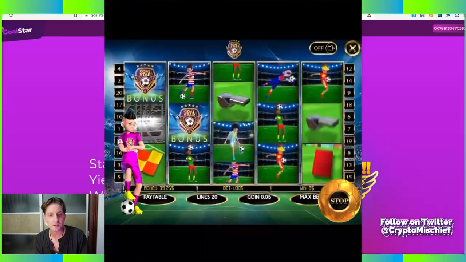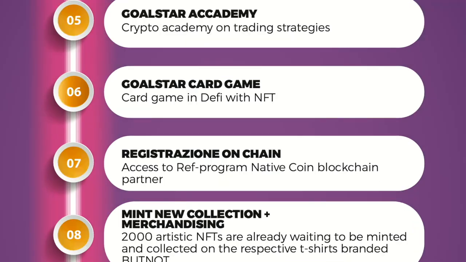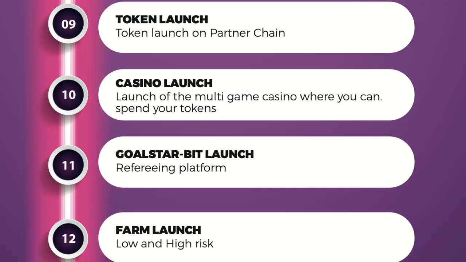In the future, they do have some other things that are coming out. Looking through their roadmap, they did have the NFTs first, then they had something called Rumble Stars, which is a tournament they ran with BNB prizes on Twitch. Then they launched their miner. Next up is GOALSTAR Games, where they'll be able to start their adventure and sustain the TVL by playing fun and winning BNB. They will then have GOALSTAR Academy, a crypto academy on trading strategies, GOALSTAR card game in DeFi with your NFTs that you purchase, the registration on chain, so access to a referral program, native coin blockchain partner, then minting a new collection with their merchandising, a token launch, a casino launch, GOALSTAR Bit launch, which is a